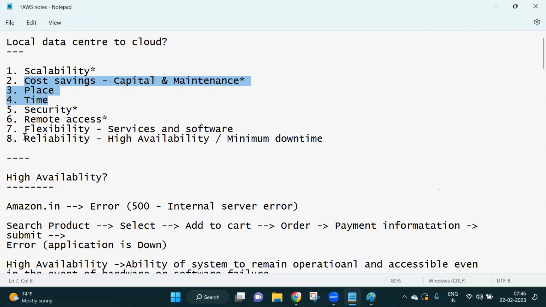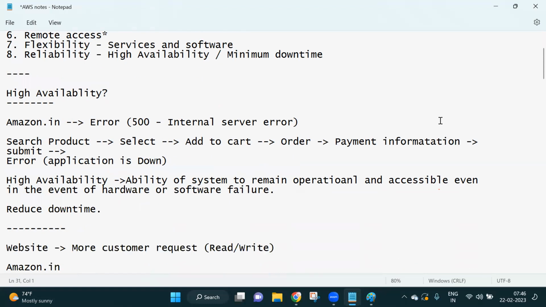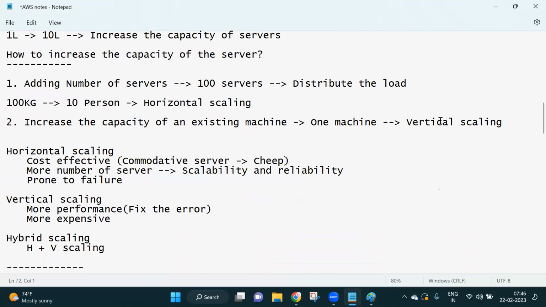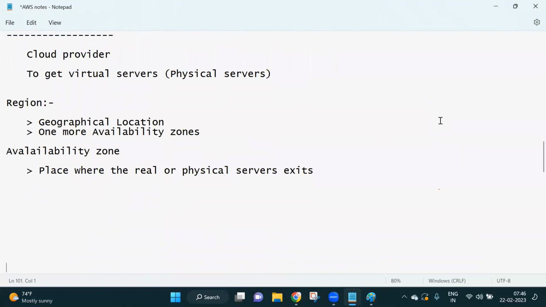AWS also has data centers. Where do they have the data centers? That's the question. They keep the data centers inside the availability zones. If you ask me where the availability zone exists, no one knows, guys. Even the employees working inside AWS don't know where the availability zone exists.